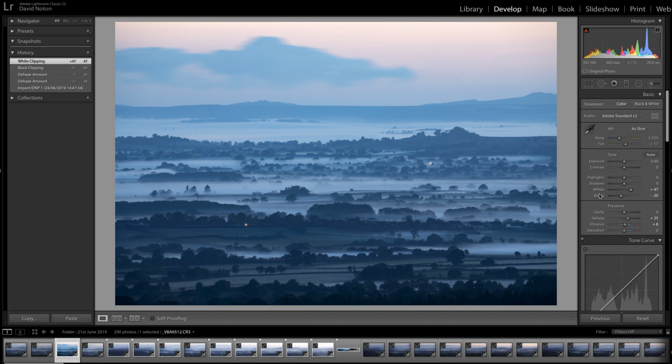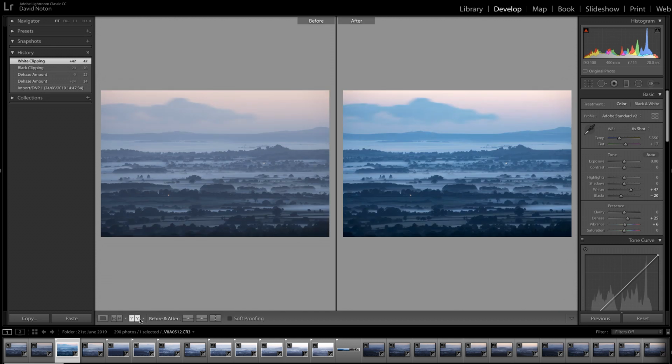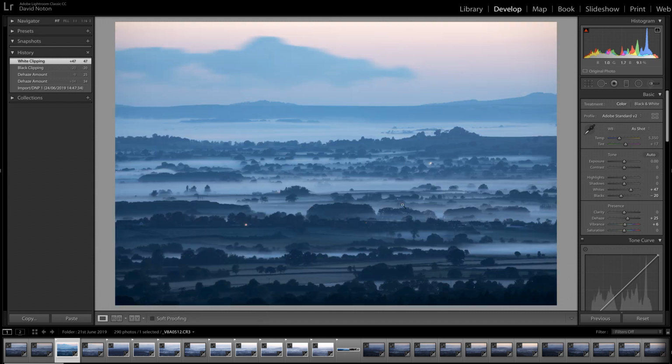Already that's enhanced the picture quite substantially. If I come down here, you can see if I click on these two Y's next to each other, it shows me the before and the after. Just by enhancing the contrast, we've made a great improvement to the picture. But let's come back to the loupe view now,